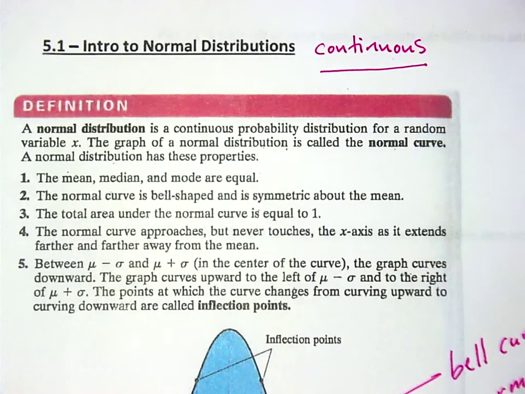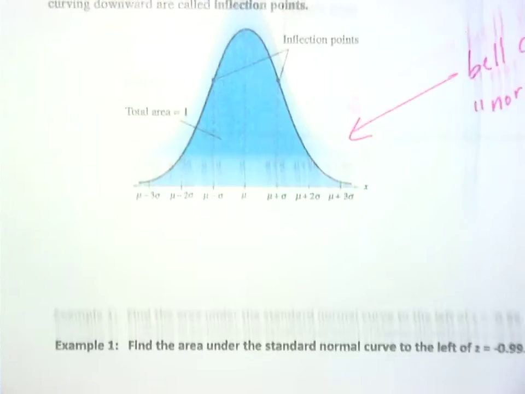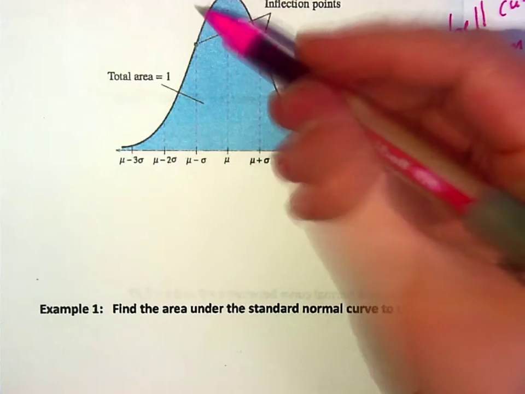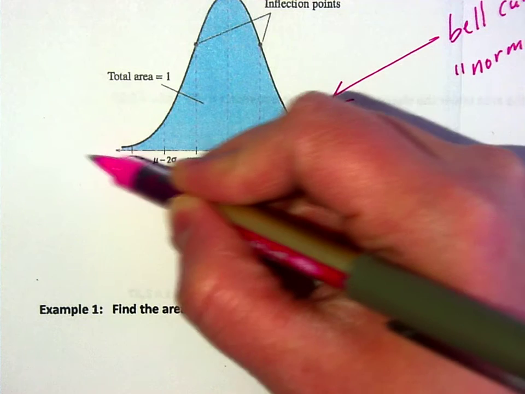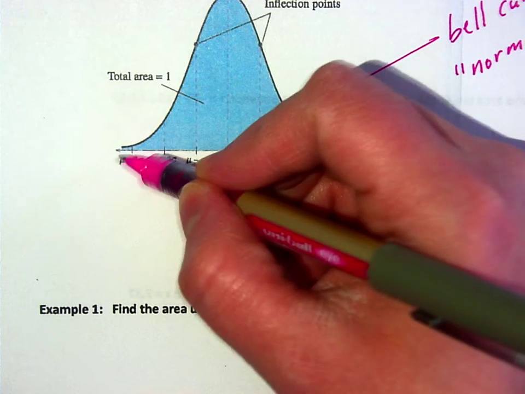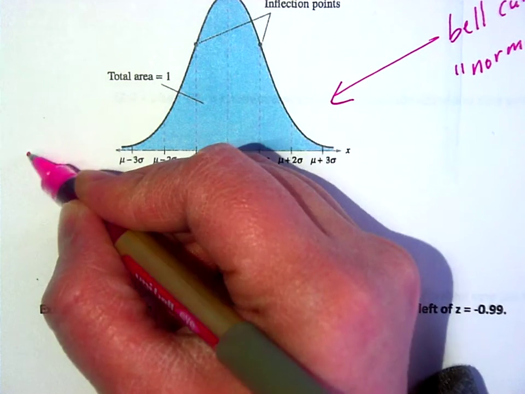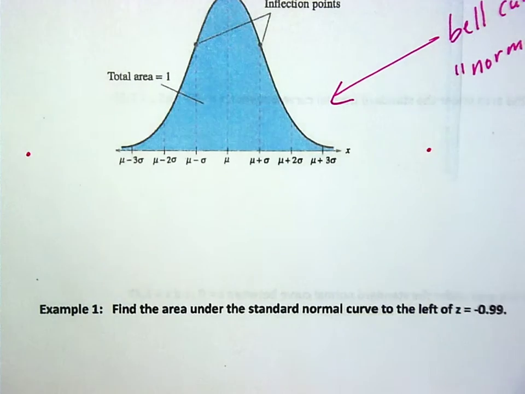The normal curve approaches but never touches the x-axis. So basically, remember this keeps coming down further and further. It gets closer and closer, but it never quite touches it. That means you could have a weird outlier like clear out here or clear out here, or way out there, right? Somebody who's very odd,